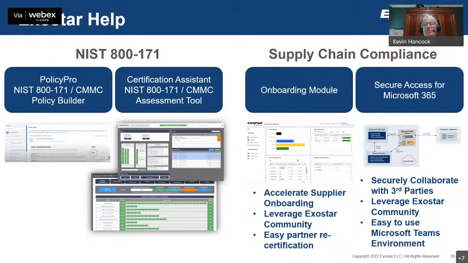Then if you do find some areas where you need some help, Exostar helps around onboarding the people you're working with, providing them the credentials they need, because in working with NIST, you do need 2-factor authentication, and you need to be able to prove who you are and all those kinds of things. And then we also offer some secure collaboration tools to exchange that information. So that's what we can do at Exostar to help you.